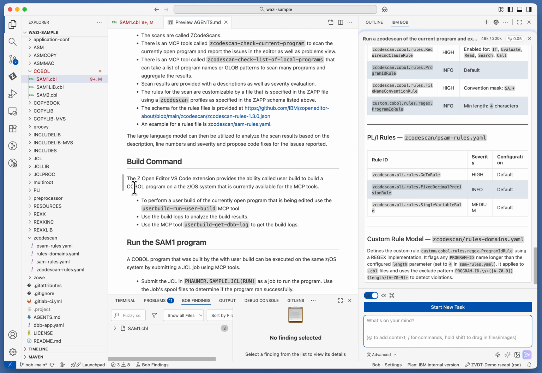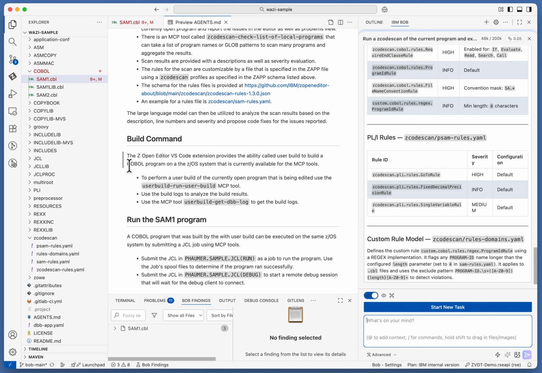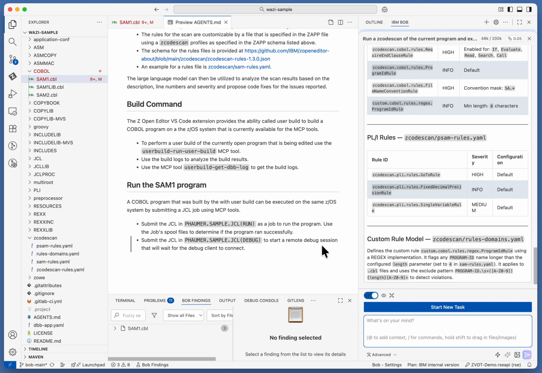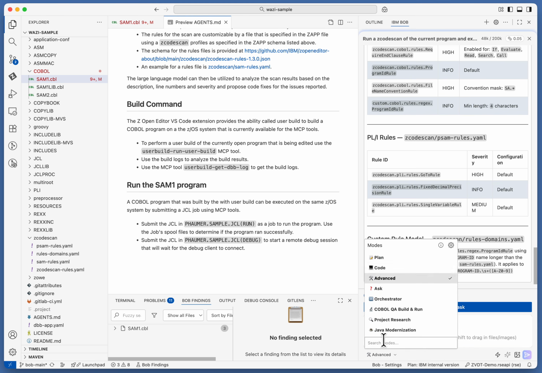And then moving on, I can define now how you would build the application if I would fix a problem and I would try to build it again, as well as where to find the logs to analyze that the build is successful, and then also even how to run the program after I've made changes to it by submitting a JCL using an MCP tool to do so, to then run the program, get the spool files back, and analyze the results. So if I now switch into a new mode, the Bob planning mode,